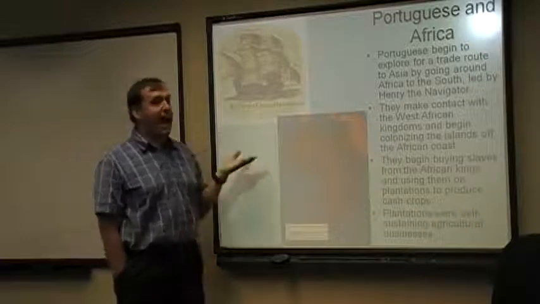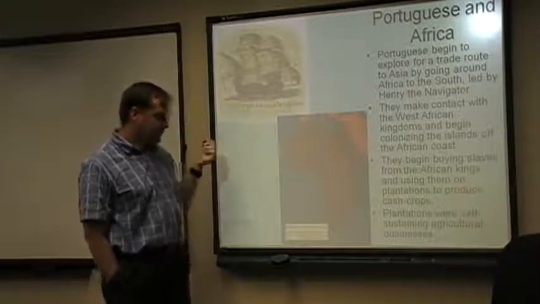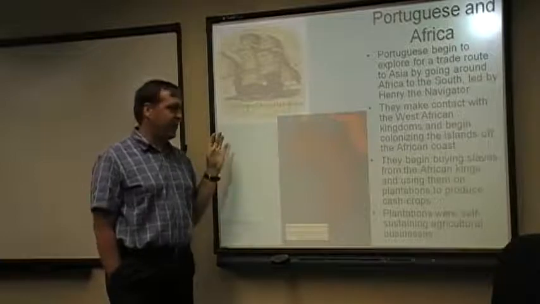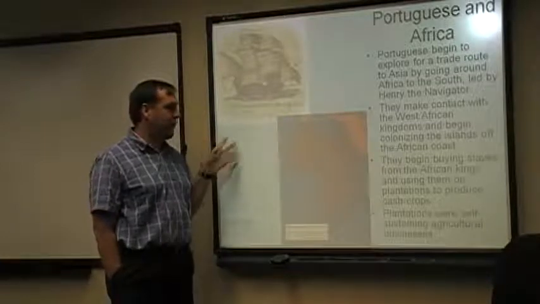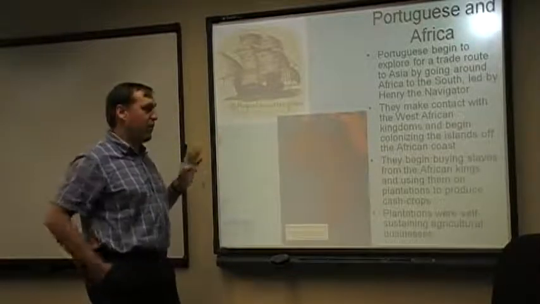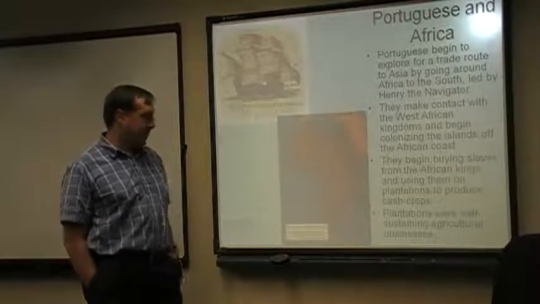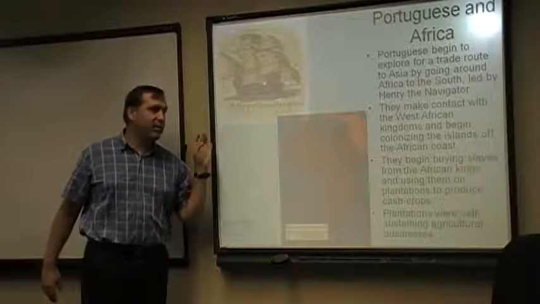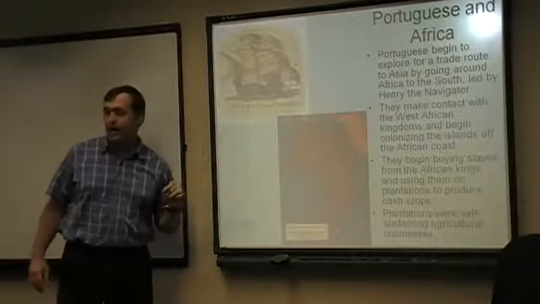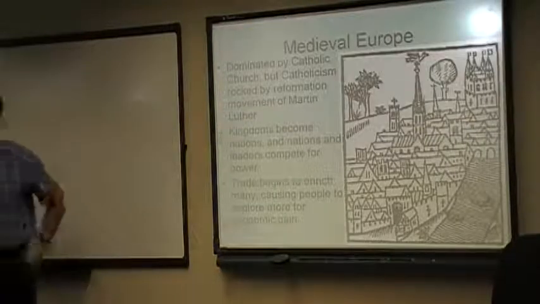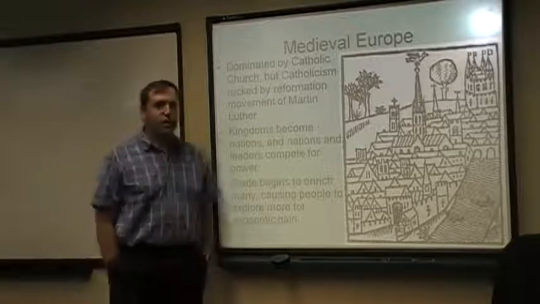Once they figured that out with germ theory, then all of a sudden you're going to see massive colonialism from Europe into Africa. But until then, white Europeans are going to have to stay kind of off the coast in any kind of large numbers for this. But we now have contact between Europe and West Africa, and we're going to see how this begins to evolve. But first, we've got to understand who these Europeans are.